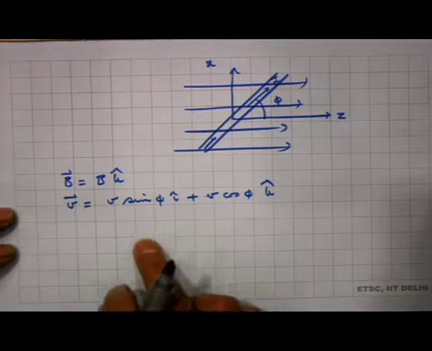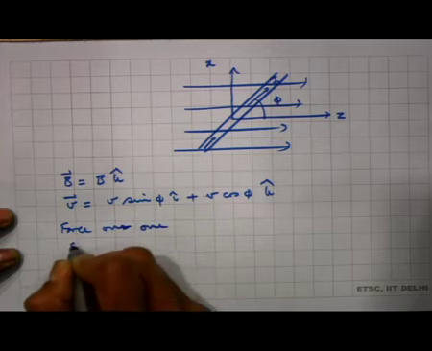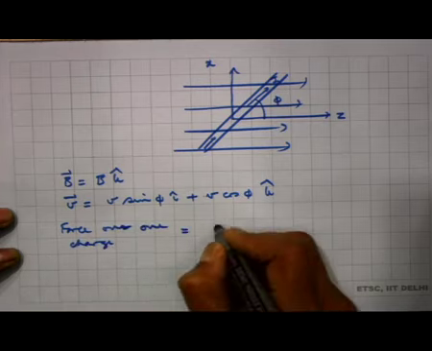So, the velocity of the charged particle is given by v sin phi i cap plus v cos phi k cap, where v is the magnitude of the velocity, and the magnetic field is B times k cap. So, force on one charge is q v cross B, which is equal to q [v sin phi i cap plus v cos phi k cap] cross B k cap, which is equal to q v sin phi i cap cross k cap